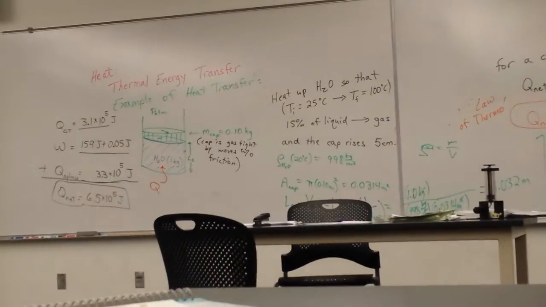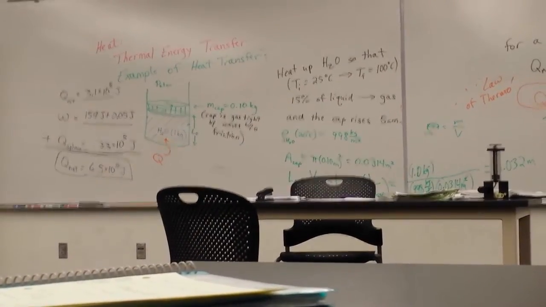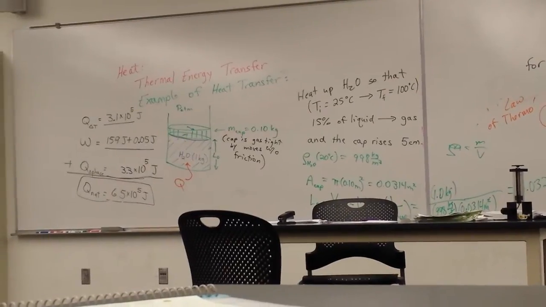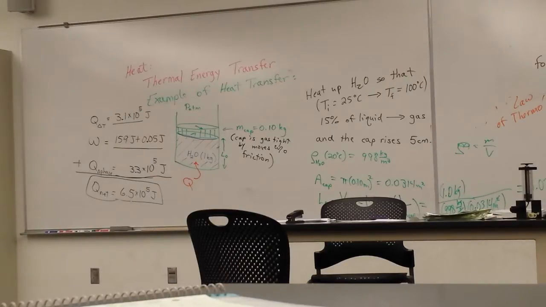I don't know. How much energy was that? Oh, did we come up with about 600,000 joules, give or take? 700,000? I know I could be off by several tenths of it, or several thousand. What are we talking about? The total energy that was absorbed, the Q net? Yeah. 652,000. Oh, wow. Okay, I'm closer than I thought I was going to be. Oh, yay, me. Doesn't happen very often.